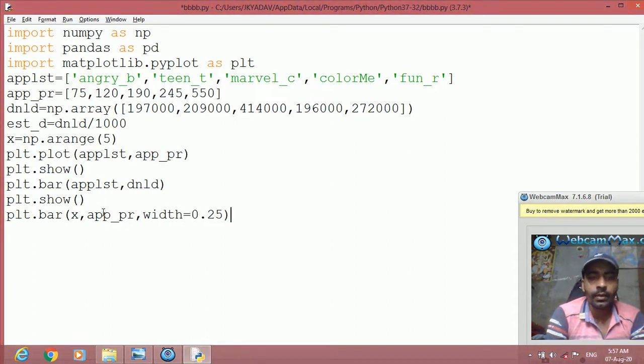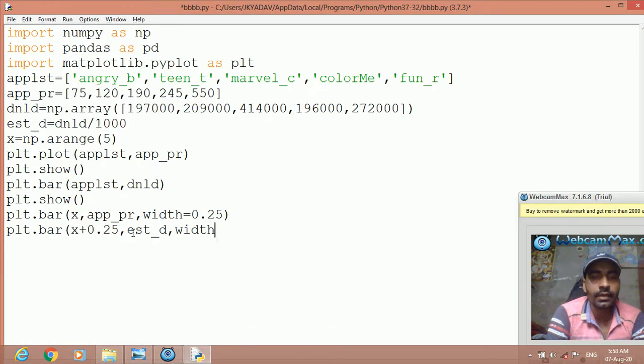Press enter. Then write plt dot bar again, then x comma, this time EST download, so estd, but we have to add the width also. So for adding width we write x plus 0.25 comma est underscore d, then comma width equal to 0.25.